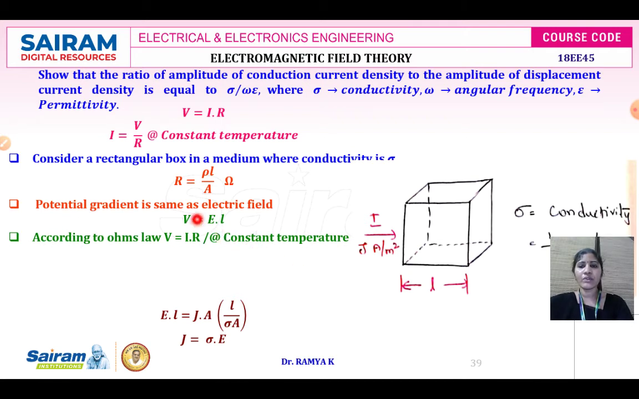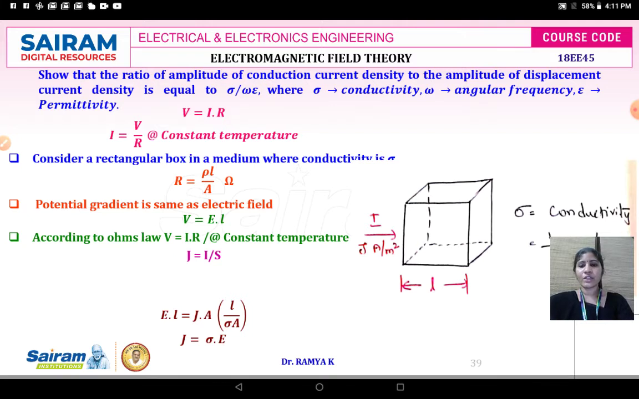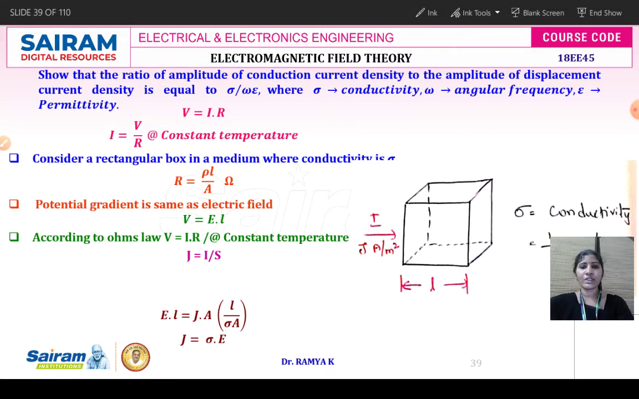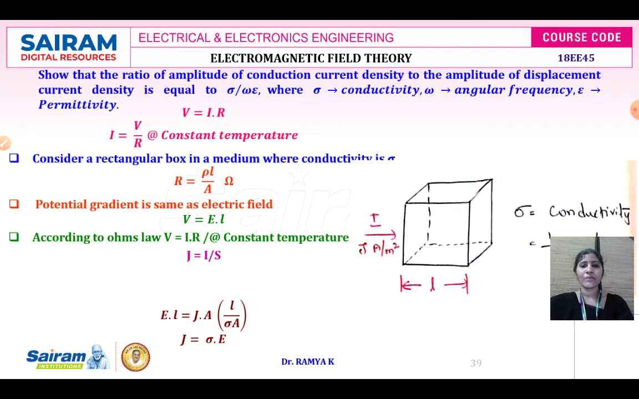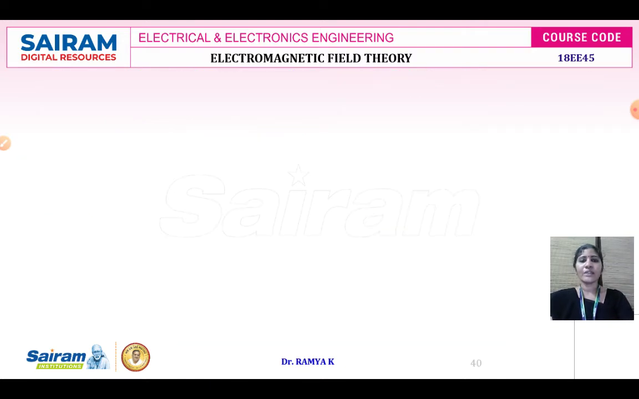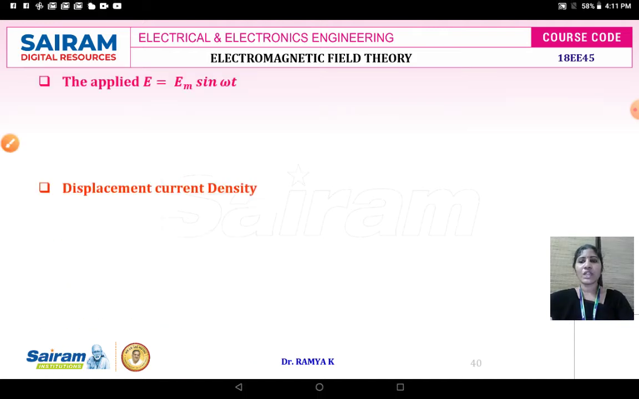Substituting the values of V, R and I, we get V is equal to E dot L is equal to J A L divided by conductivity into area. This gives the relationship between the current density and the electric field intensity. It is the modified form of Ohm's law. Using this equation, we are going to derive the ratio of the conduction current density to the displacement current density. The conduction current density can be identified, we know that J is equal to